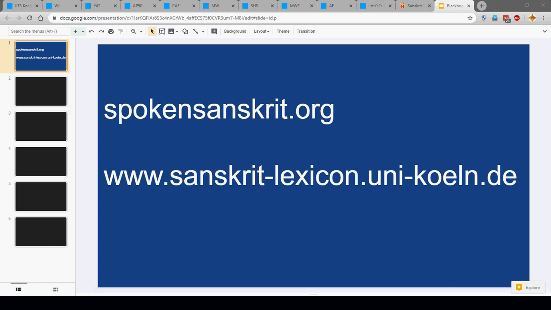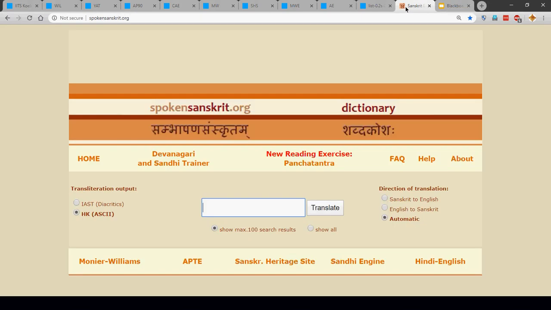It is not possible to show all the forms and all the combinations of each and every word, but generally the listings they show, with that we can get a fairly good idea. So I'll show a couple of these websites. One of them is spokensanskrit.org. So if I go to that screen here,